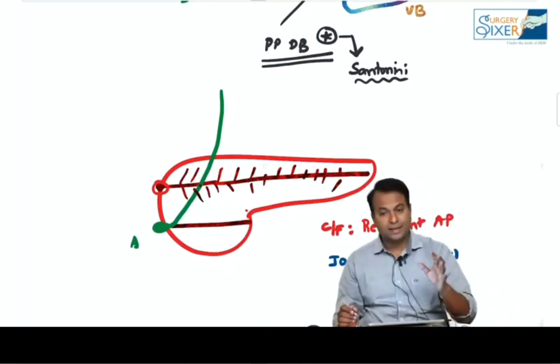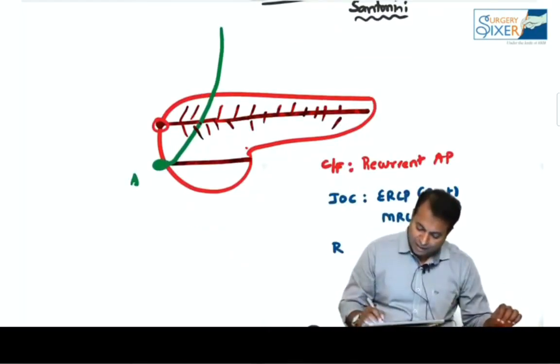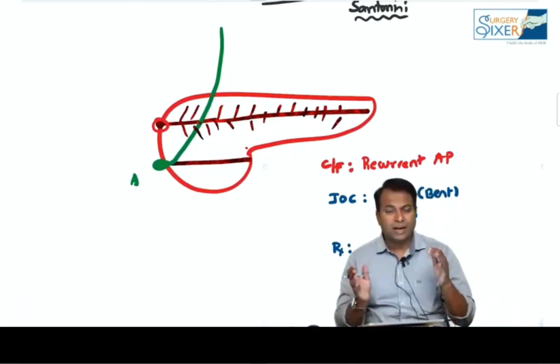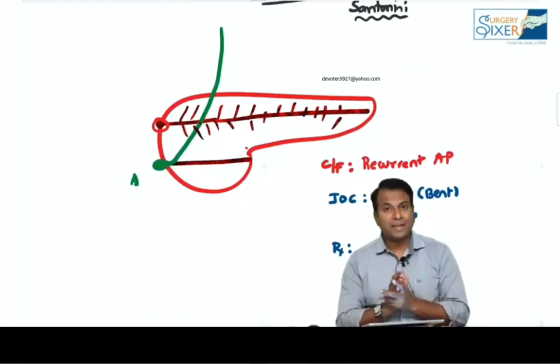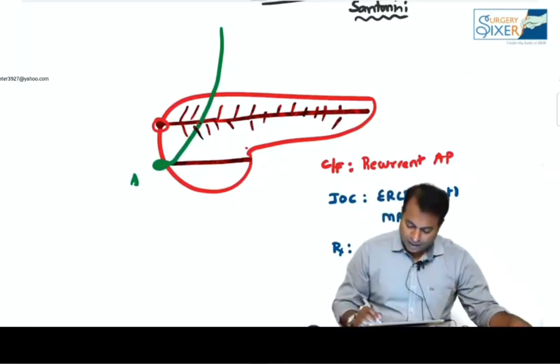Best investigation of choice is ERCP, but MRCP can also diagnose recurrent acute pancreatitis caused by pancreas divisum. When young boys or girls come to our clinic at around 12, 15, 16 years, we always send them for MRCP or ERCP to look for pancreas divisum, and many times we find it in those cases. And treatment is minor duct